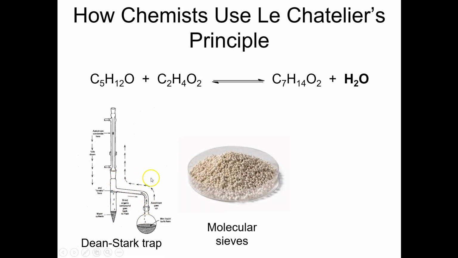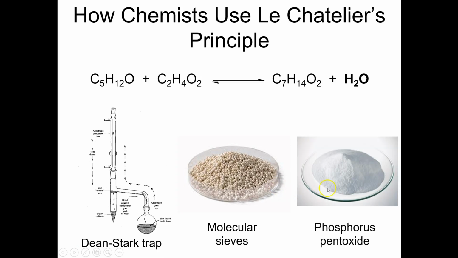Another way of removing water as it's being formed is a thing called molecular sieves. These are essentially little balls of brick dust that you heat up to a really high temperature in an oven until all the water has been removed from them. They love to absorb water into their little brick dust structure. If you just dump a bunch of these into your reaction, they will absorb water as it's being formed. And then this is phosphorus pentoxide, which likes to react with water to form polyphosphoric acid, which is also a solid. So if you just dump a little bit of this into the bottom of your reaction, that will suck